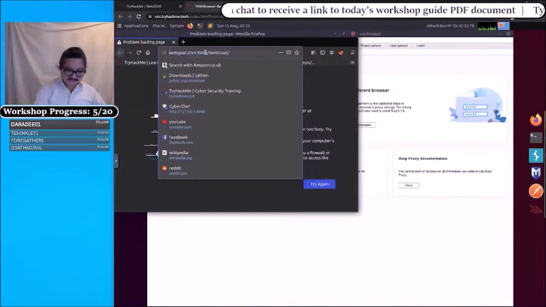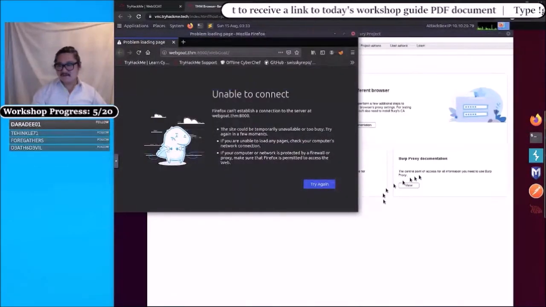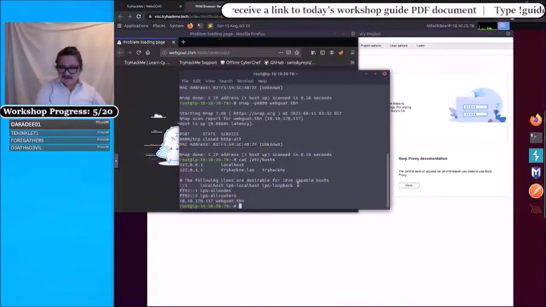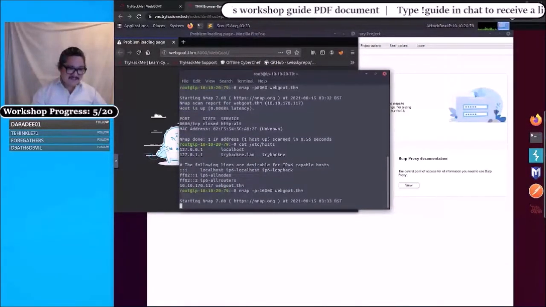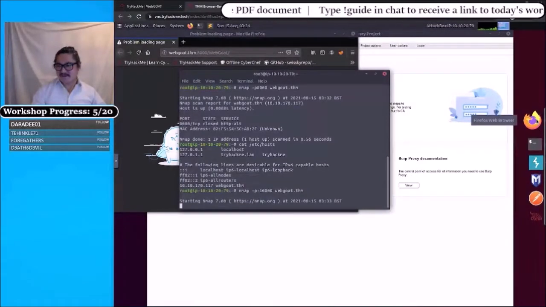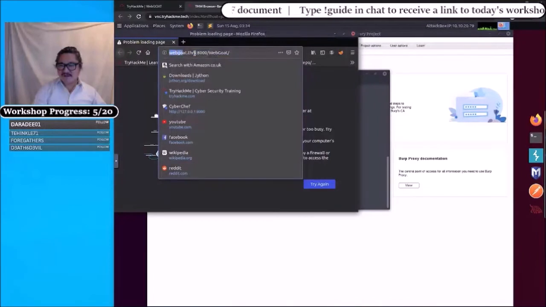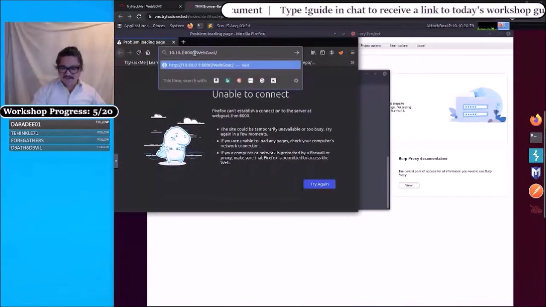Let's scan WebGoat to 10,000 ports and see what it's serving up. Hibibit says I cannot access either with IP or URL. Huh. Yeah. Well, if you're having trouble with the URL, you could try using the IP. Let me try using the IP. Okay, so instead of WebGoat, I'll punch in 10.10.170.117 for myself, and it's http://